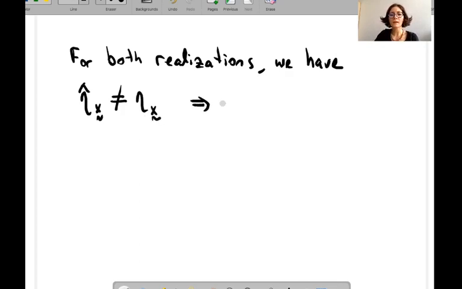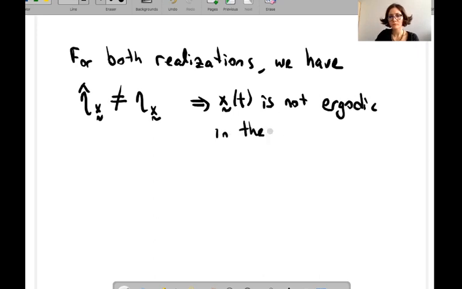So we conclude that x of t is not ergodic in the mean. Although it is stationary in the mean, let's also note down this interesting observation. Although it is stationary in the mean,